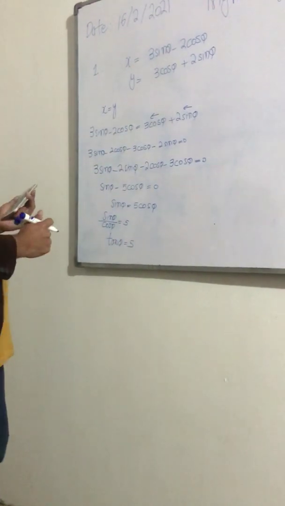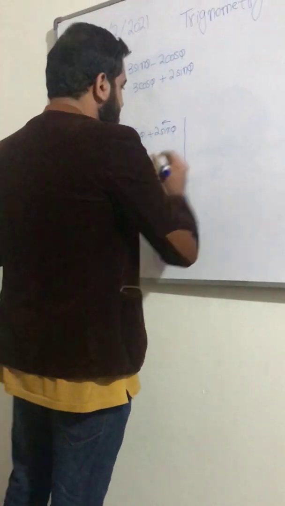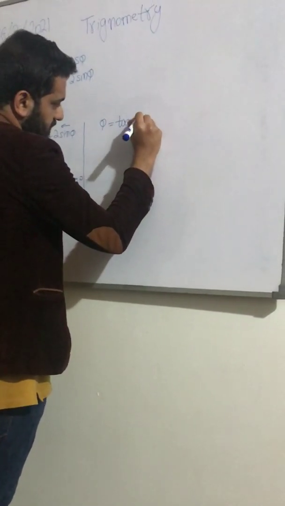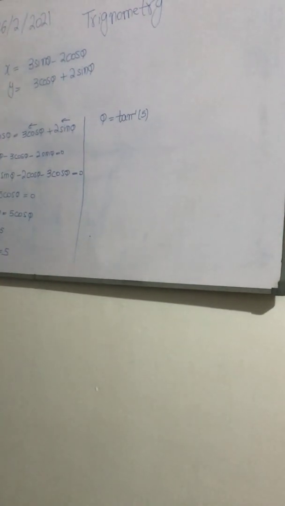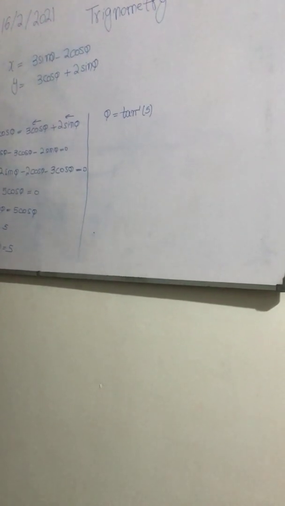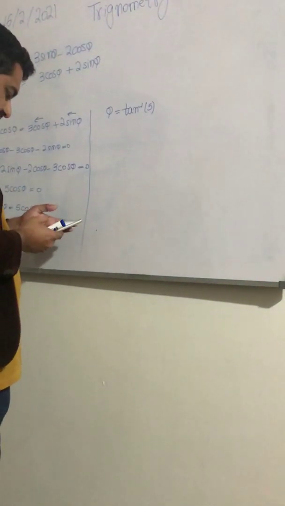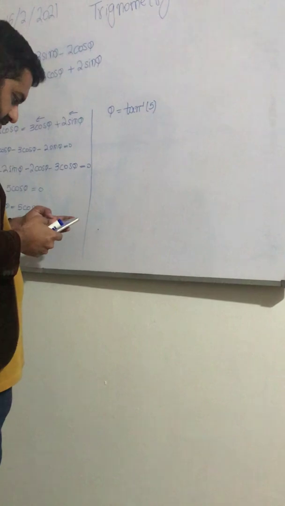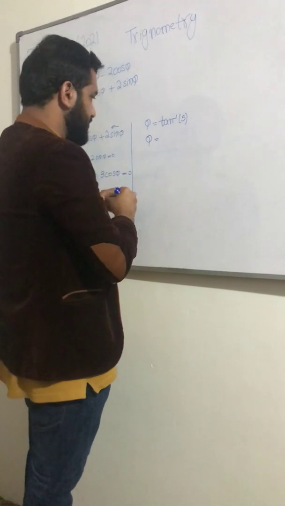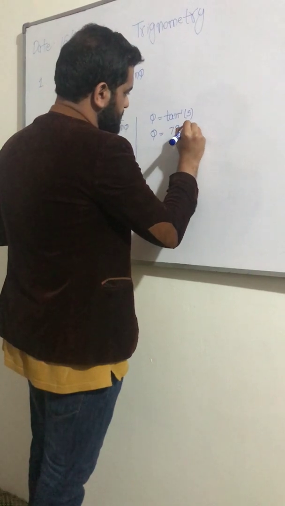Okay. So now to find theta, it will become theta equal to tan inverse 5. Okay, getting my point? Actually, you know that it is basically tan theta here, and when tan goes to the other side of the equation, it will become tan inverse. So taking inverse of tan, after calculating it on a scientific calculator, we can see that the angle is 78.69 degrees.